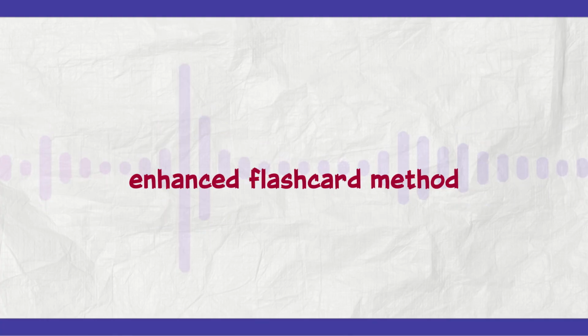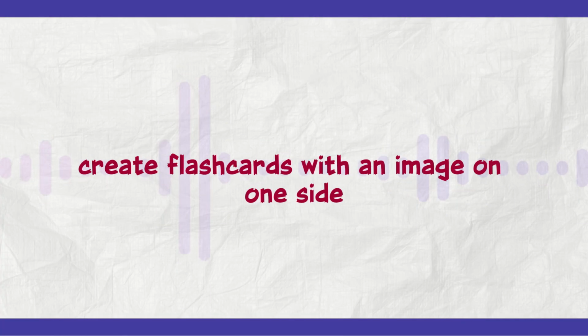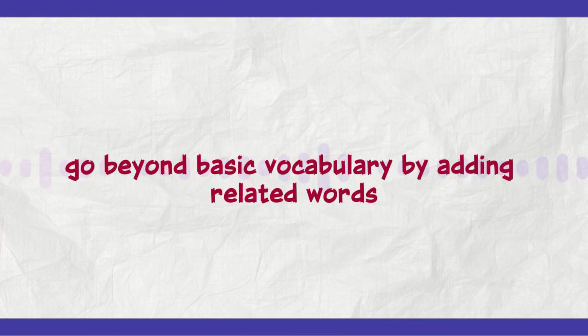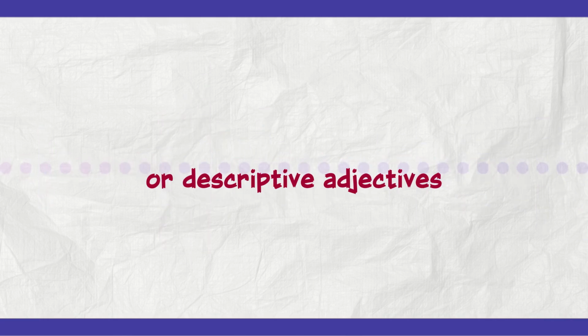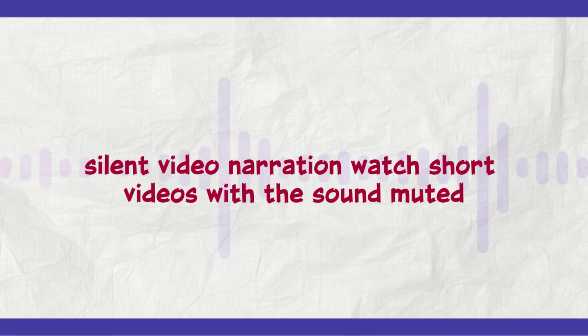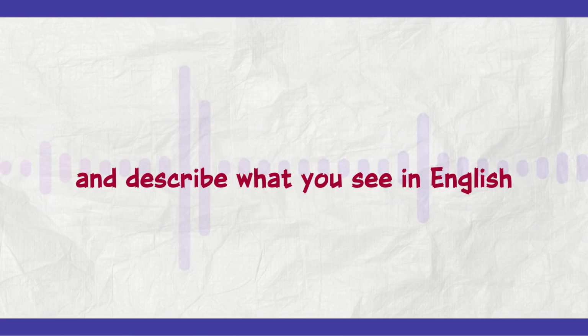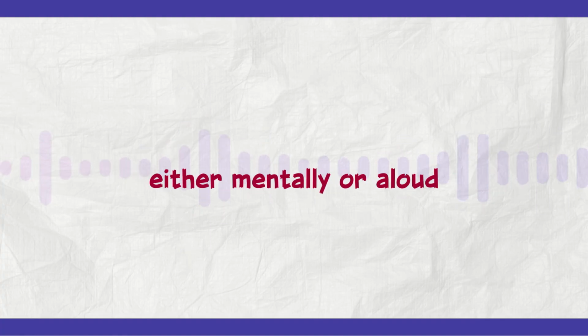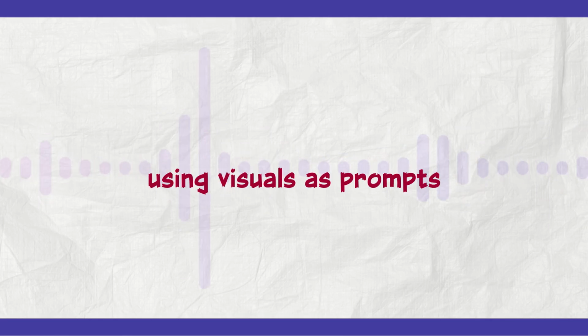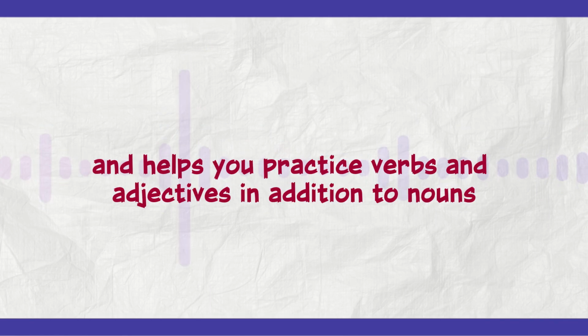Enhanced flashcard method. Create flashcards with an image on one side and the corresponding English word on the other. Go beyond basic vocabulary by adding related words or descriptive adjectives to build comprehensive word networks. Silent video narration. Watch short videos with the sound muted and describe what you see in English, either mentally or aloud. This exercise forces active language generation using visuals as prompts and helps you practice verbs and adjectives in addition